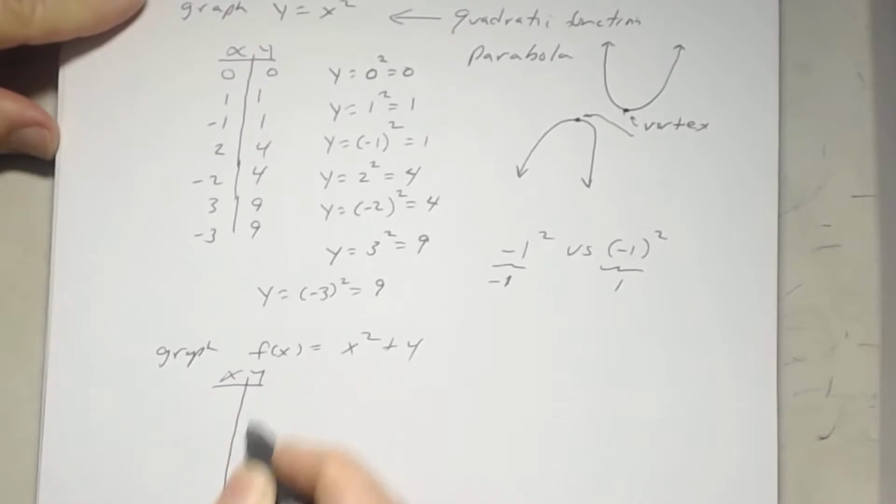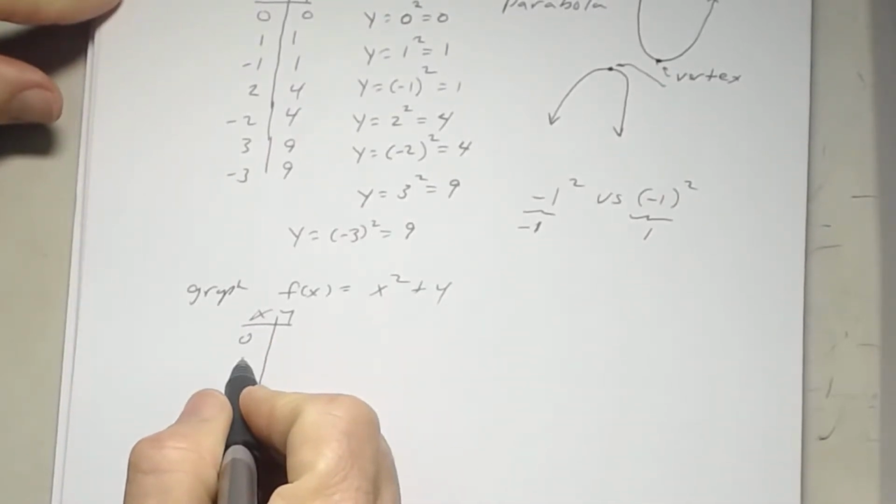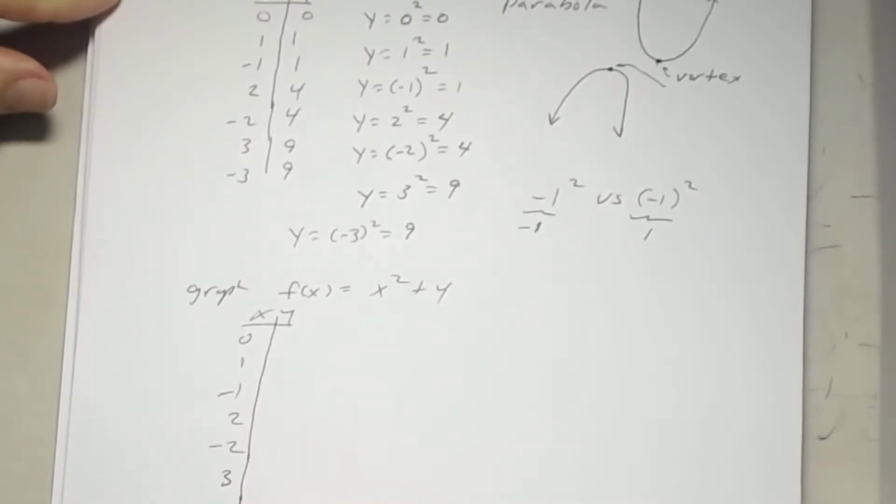So what will I use for x? 0, 1, -1, 2, -2, 3, -3. Okay? And you can see what's going to happen, and that's going to give you an idea of what's going to happen next semester. So when x is 0,